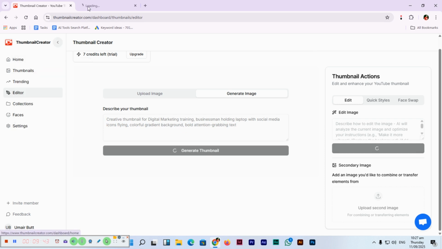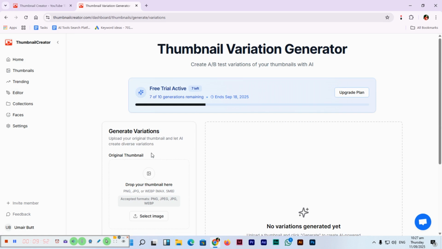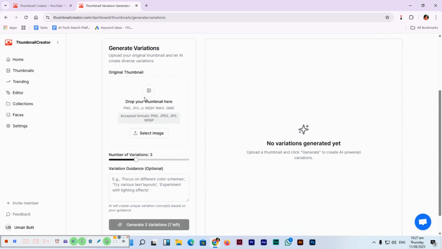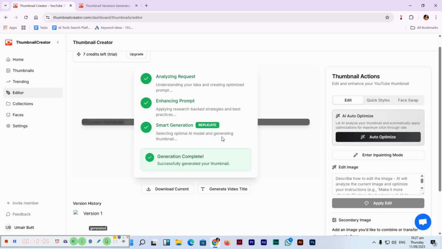So it's up to you. As I showed you different things, you can use them. Create variations: you can create variations from here. You can drop your thumbnail here, and it will create 3 variations of that thumbnail. So this is an incredible way to generate thumbnails for your